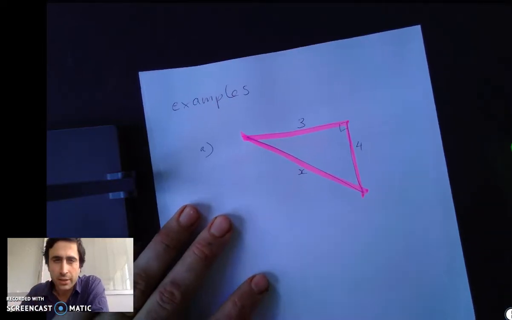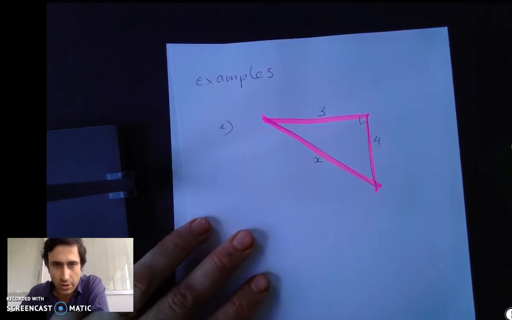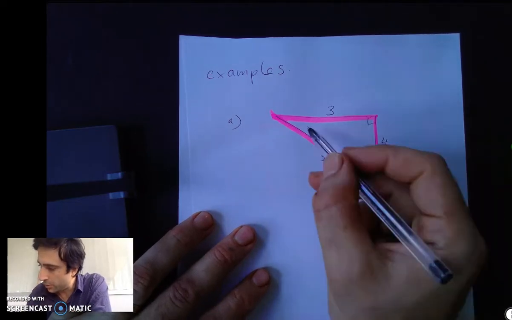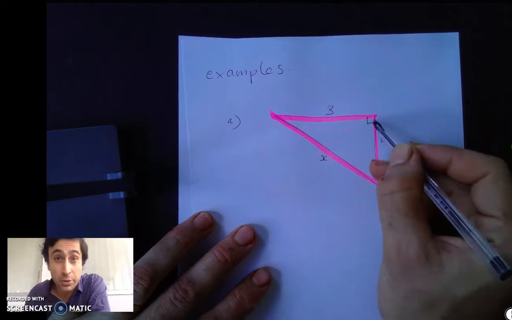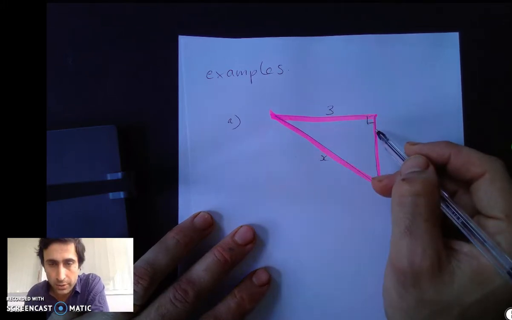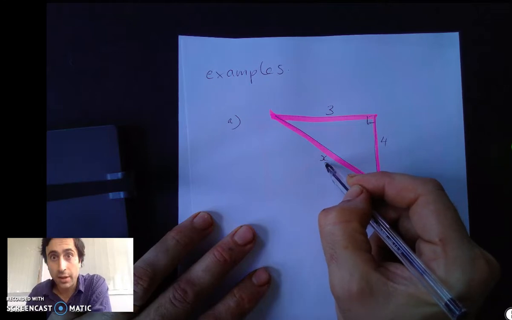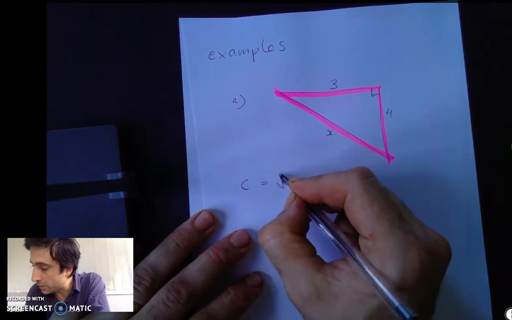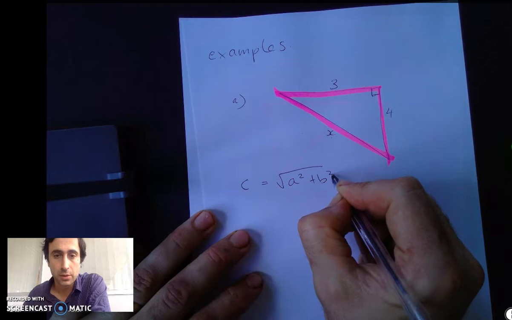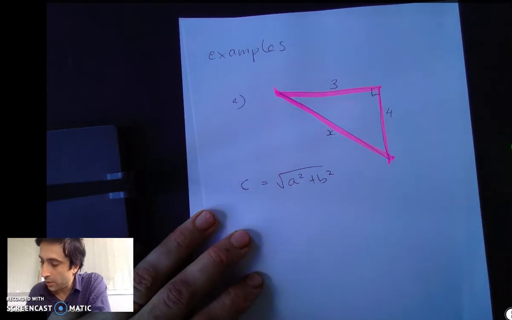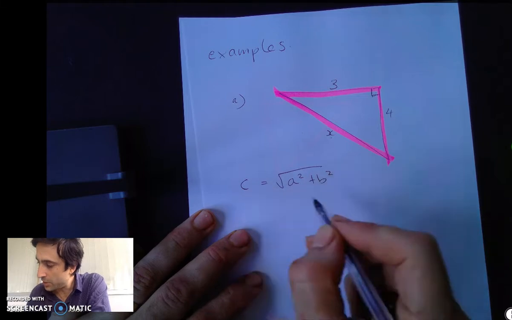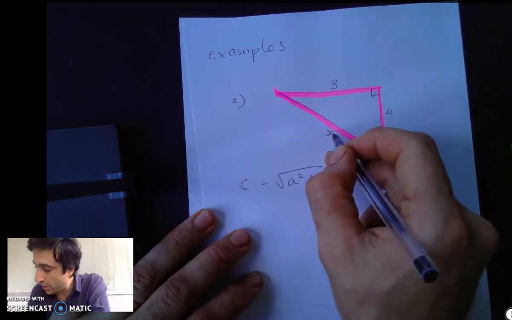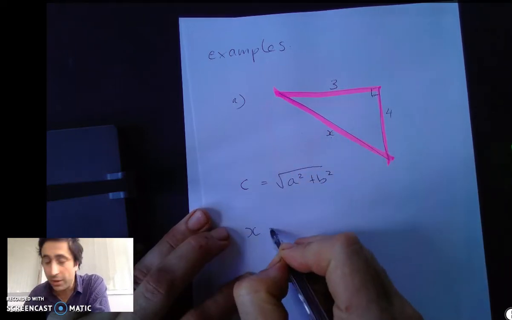The first thing we need to look at with these is what side are we looking for? The short or the long side? Here, they're next to the right angle, so we've got that one and that one, so we've got both the short sides. That means we're looking for the long side. So we can use our formula, c equals the square root of a squared plus b squared. Now, in this case, there's no c. So what do I actually mean by c? Well, in this case, c, or the long side, we've labelled it x. So x equals, and let's substitute the values we know into the equation,